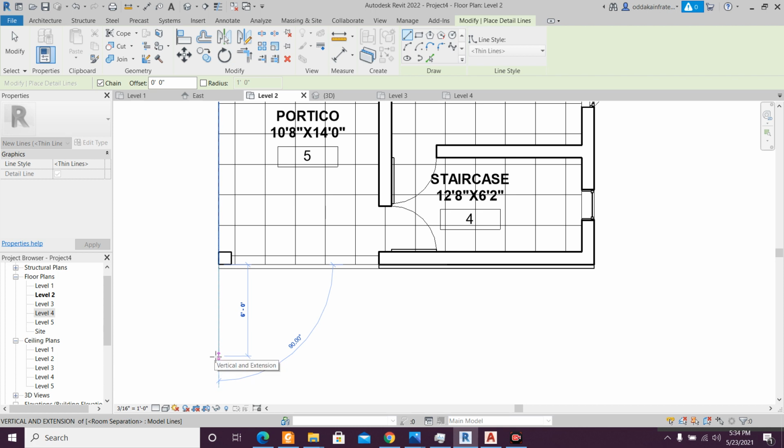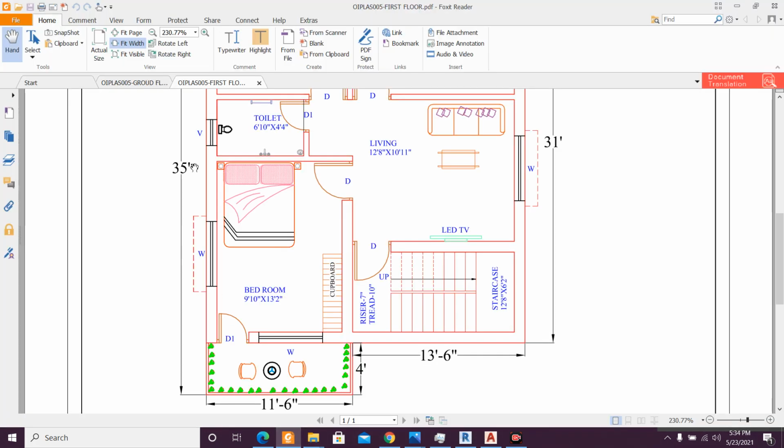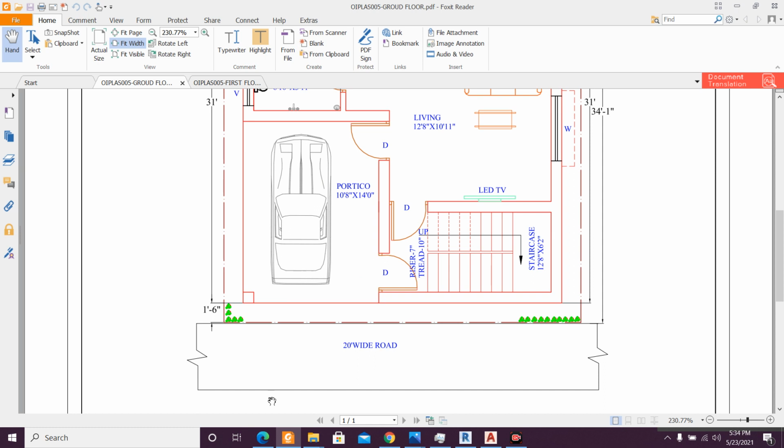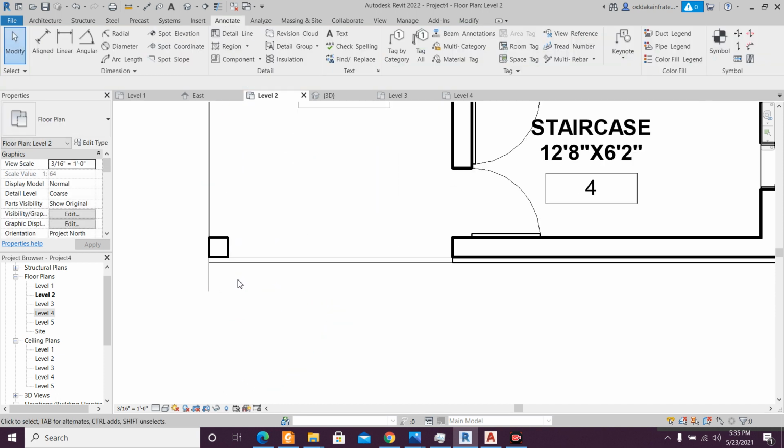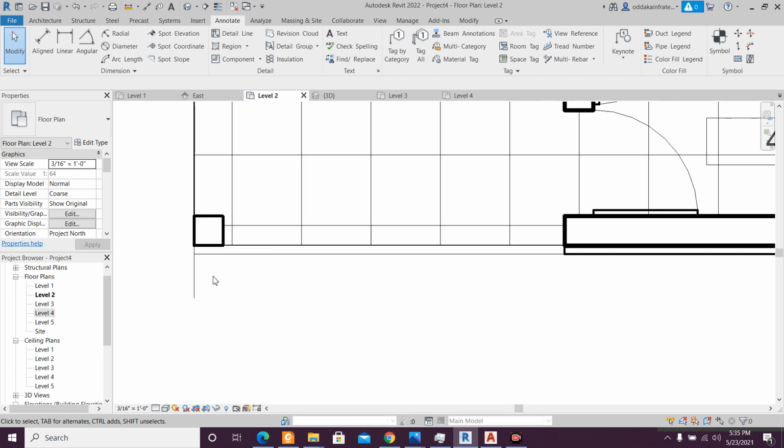So how much space do you have in the front for the 2 feet? 2 feet I think in this particular option, almost 1 feet 6 inch space we are having. So to 1 feet 6 inch space we can go, 1 feet 6 inches we can have here. And if we are going for a ramp here,